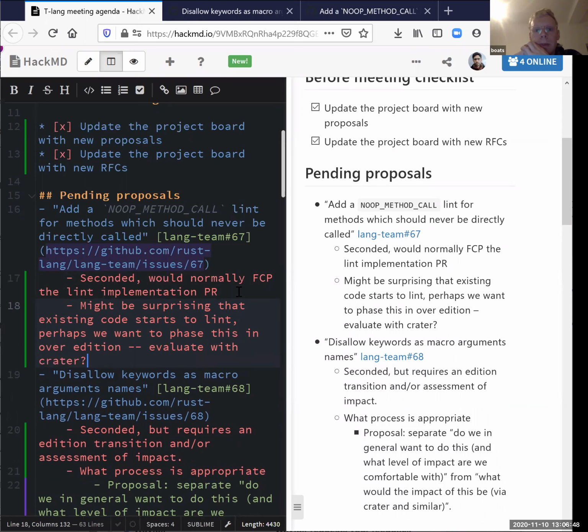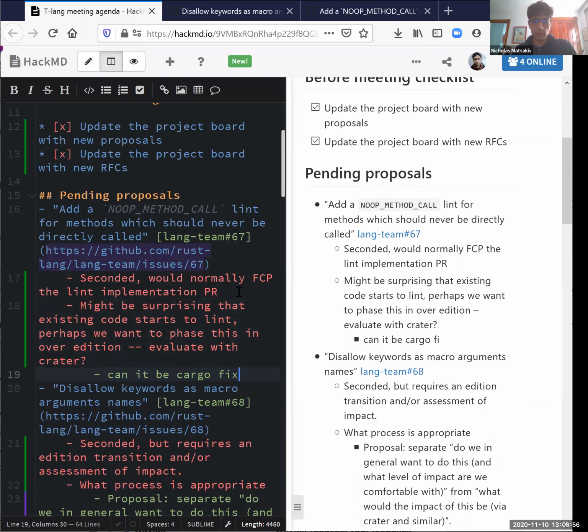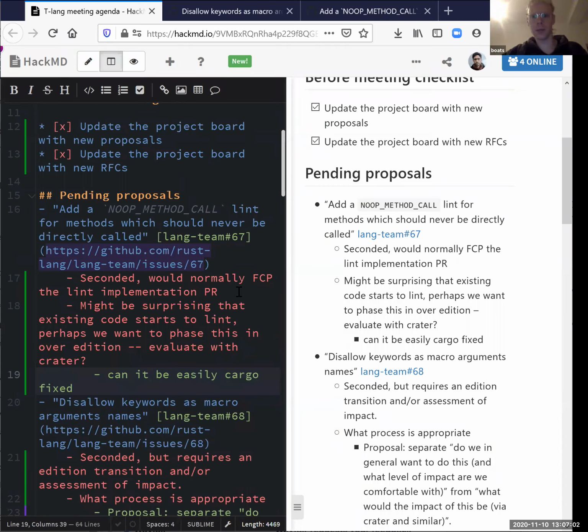If that's the case, then we maybe would want to tie it to the edition, so people are cargo fixing and solve the problem immediately. Yeah, that's another question of how hard is it to write an automated fix? It should be pretty easy, right? Yeah. Just removing.